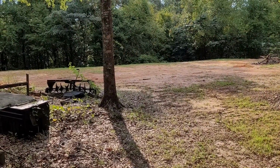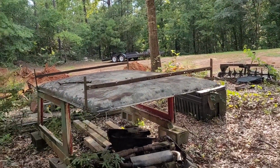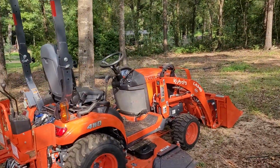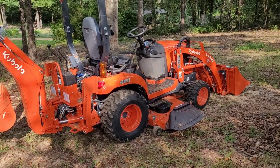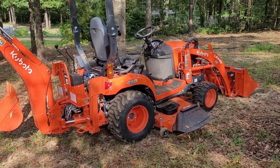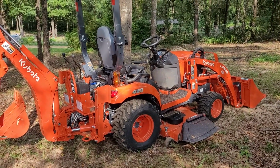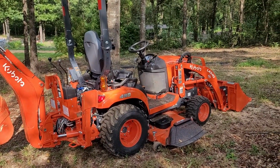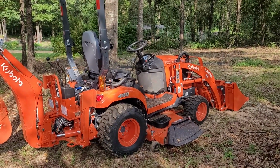So, I made a major decision, and we invested in something that can do a lot more work, and we got one of these. I decided on this because my neighbor has one, and he liked it so much, and it's lasted him 15 or 16 years, and hasn't given him a lot of trouble. So I decided it was worth it